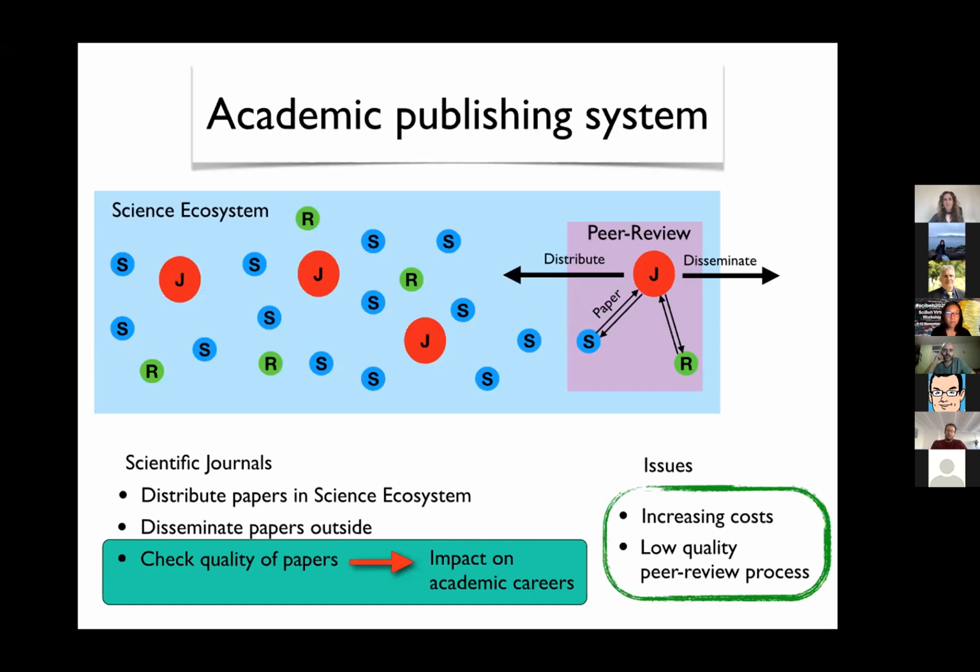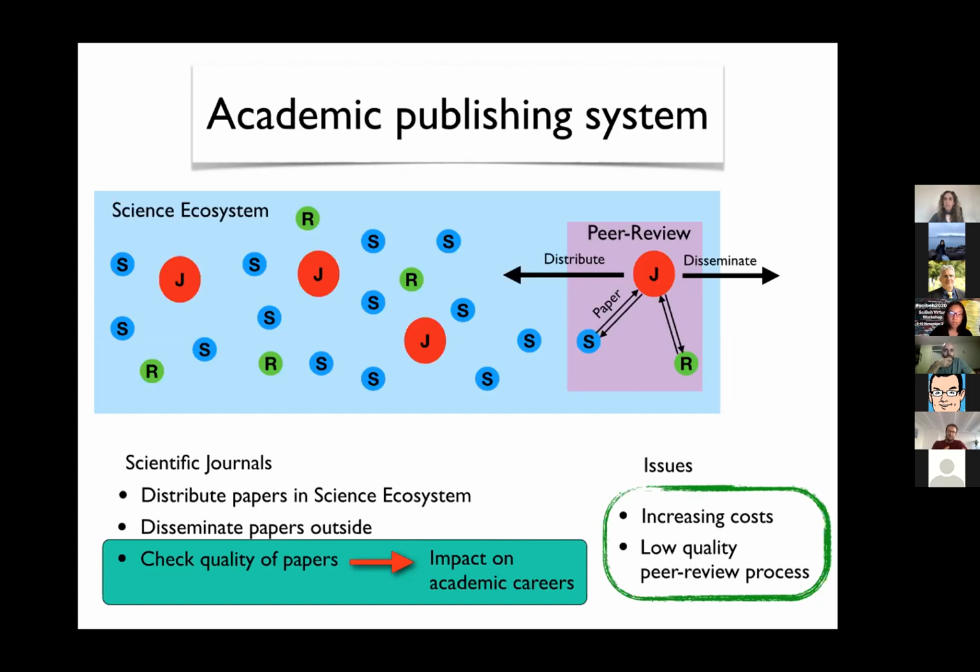They interact with journals in the sense that they send the papers to the journals, and the journals decide whether or not to review these papers for the chance of publishing them. They send the paper out to some referees to get their opinions. These referees usually produce a report and send it back to the journal, which interacts with the scientists and decides whether to publish the paper or not. So basically this scientific ecosystem is populated by scientists who can also act as referees, that's the important point,